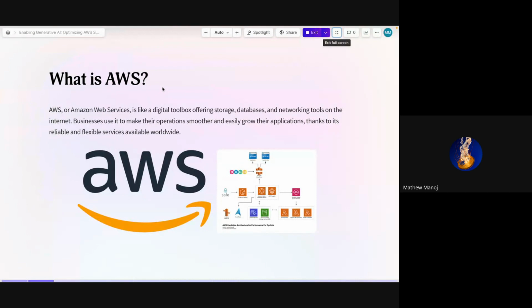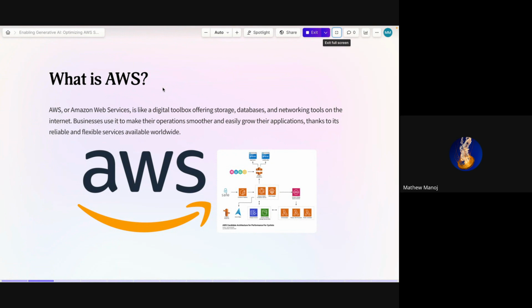It has a lot of tools based on computation, databases, storing your information, and presenting your application to the world.